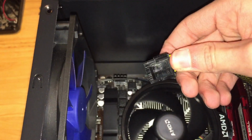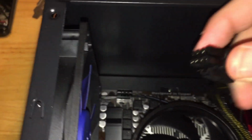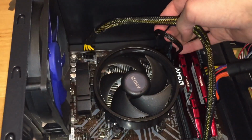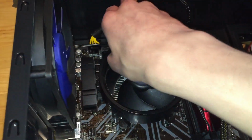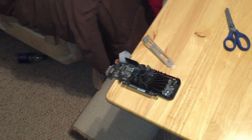So there's gonna be a little clip on that. And you can also just look at the shapes of the connectors and just line it up on it. And then push until it clicks. I'm gonna run that here, next to the RAM, and grab